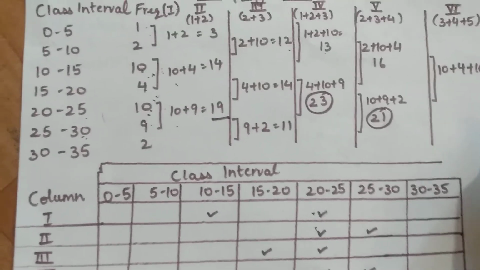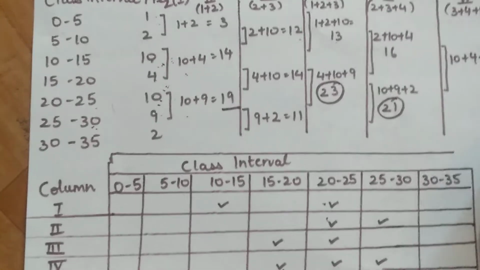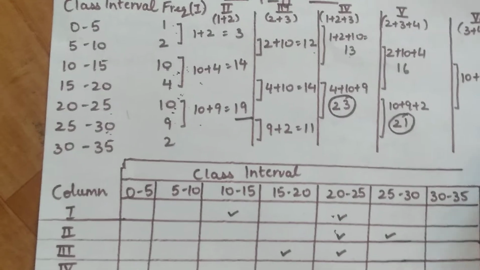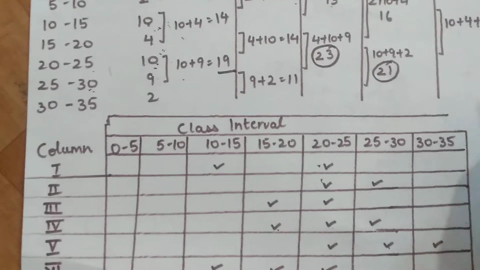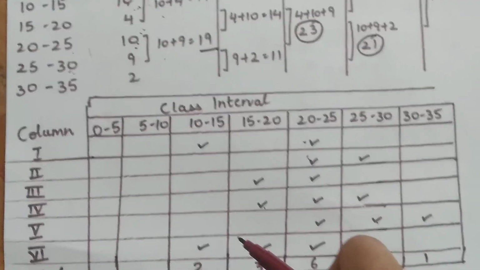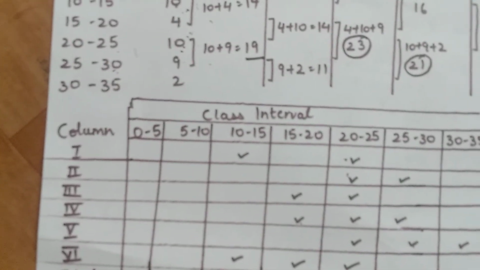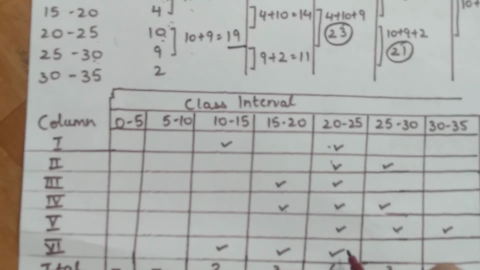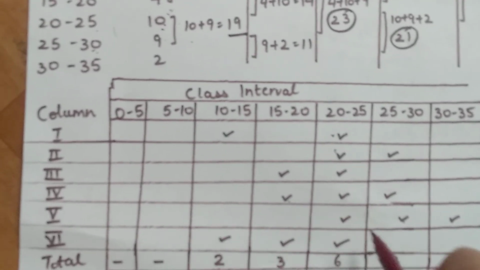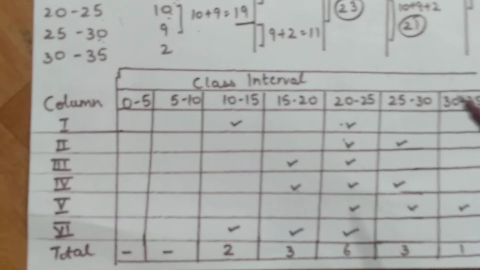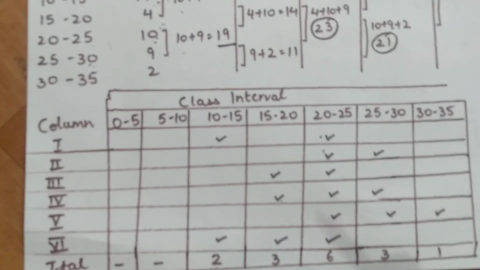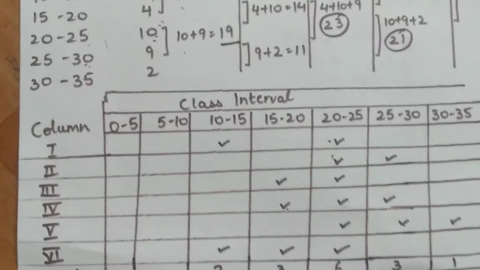In the last one, the sixth column, we have one value only. So we will be taking that value only. We get that 24 value after the combination of the second, third, fourth and fifth column class intervals. So I have put a tick across the third, fourth and fifth class interval. Clear? Till here, any clarification you want, you are free to ask your doubts.